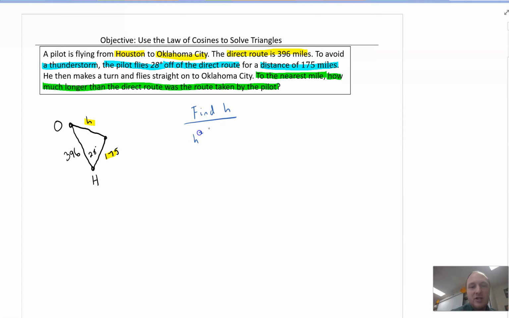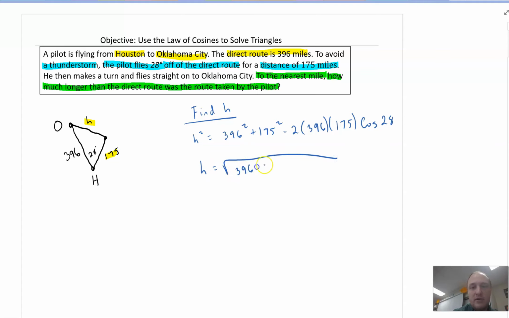So remember, h squared is equal to the other side squared, so 396 plus 175 squared, minus 2 times those two sides, times cosine of that angle, which is 28. So h is equal to the square root of 396 squared plus 175 squared minus 2 times 396 times 175 times cosine of 28. We calculate all of that and we get h is approximately